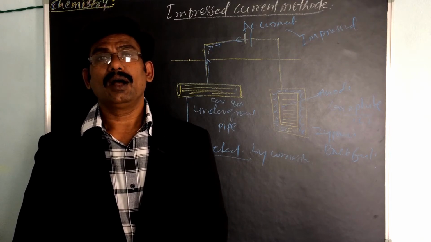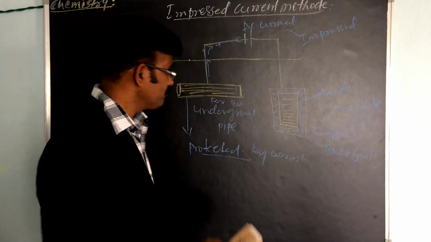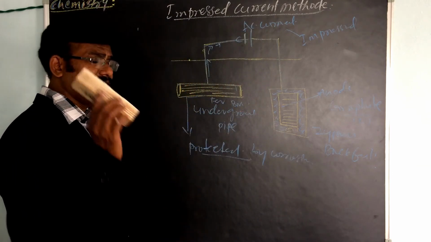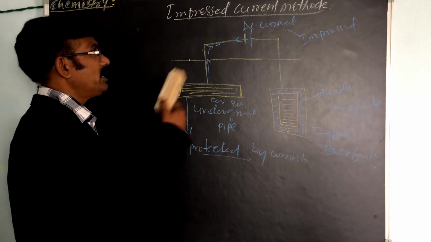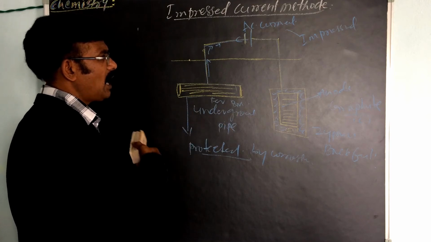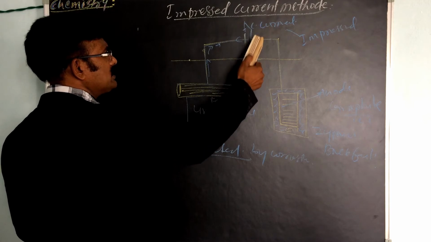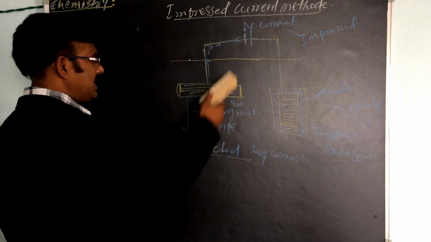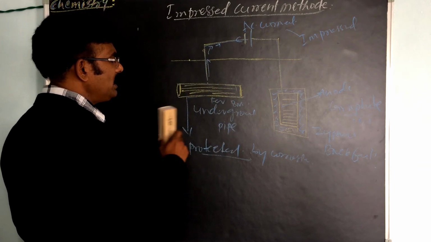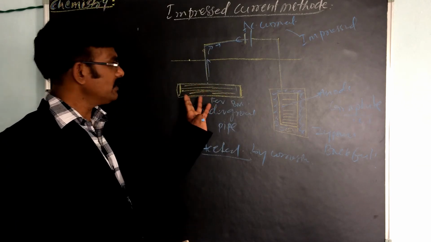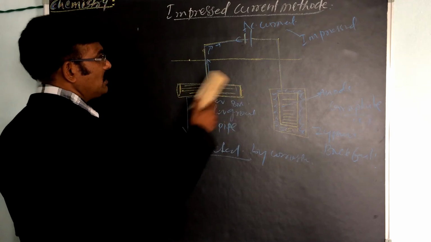Now we have to look at surface coatings. For this impressed current topic, the definition and one diagram are enough for a 3 marks question. The definition is simply that the impressed current is applied in the opposite direction of the corrosion current to nullify it, so the anode is converted into the cathode. And this is the diagram.